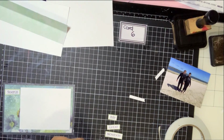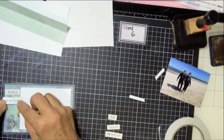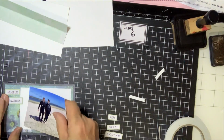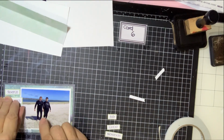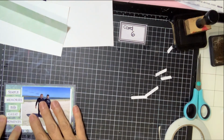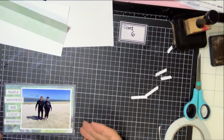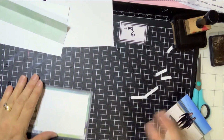Now, if you've got no photograph, you will need to move some of that tape across so that when you put your photograph in, you can slide it underneath. Then I would actually attach a tiny bit of glue underneath that once your photograph's in place. And then your photograph will slide underneath, and then you can put a little bit of glue under those too. So there's our front card ready to put our flap